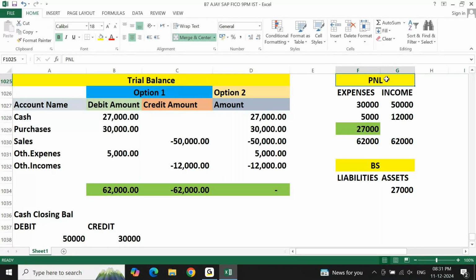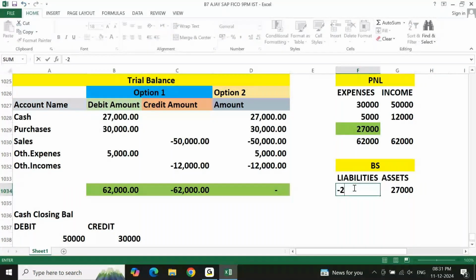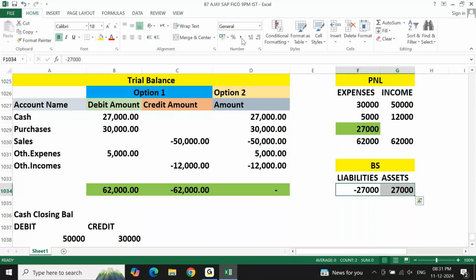Now, this profit I need to write in the balance sheet under liability with a positive sign or with a negative sign? Positive or negative? It should be negative. Not positive. If I put positive,